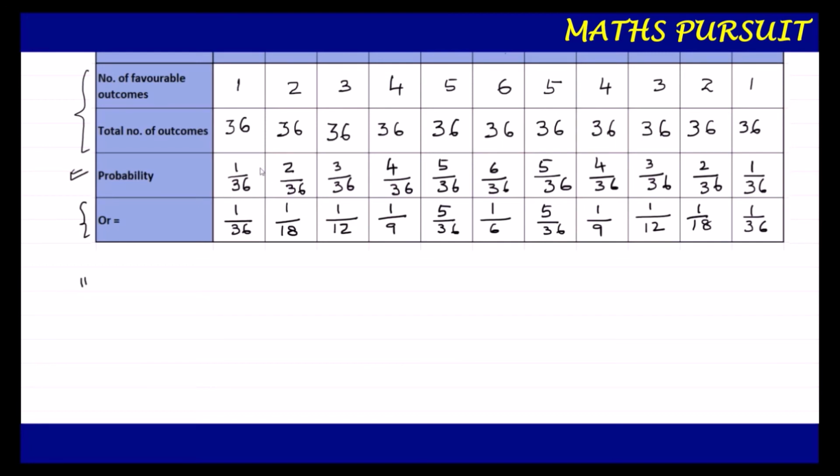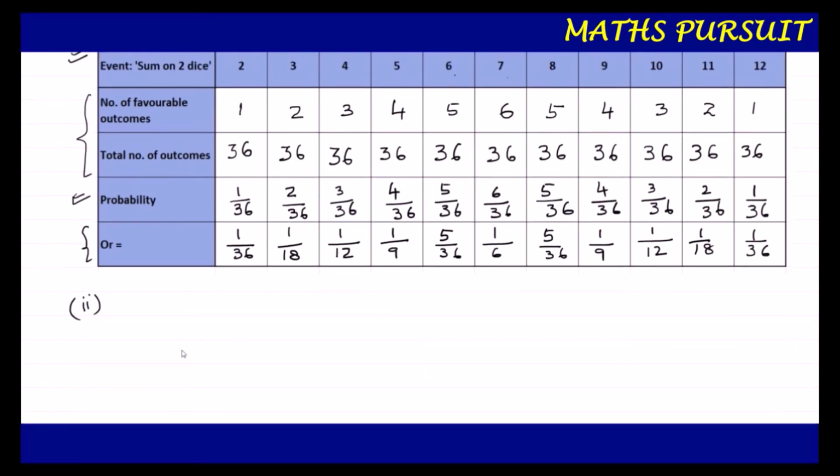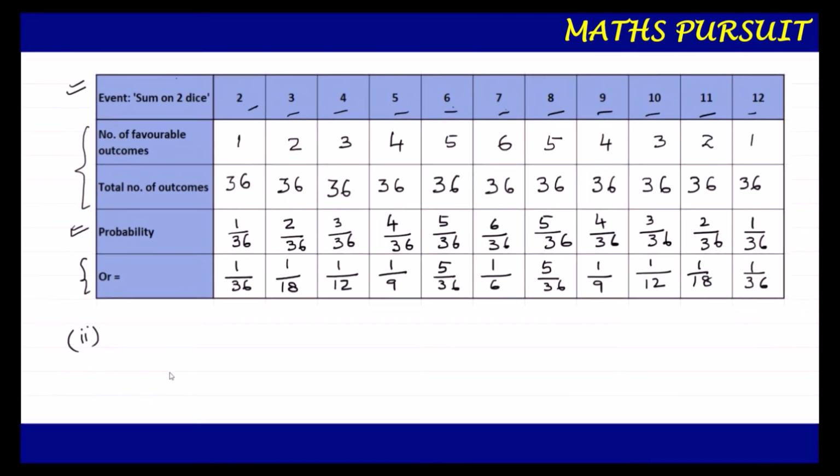Do we agree with this argument? No, we do not agree with this argument. Why? Because if you look here, the student is right. There are 11 possible outcomes. Starting from 2, if you count 1, 2, 3, 4, 5, 6, 7, 8, 9, 10, 11. There are 11 possible outcomes, but the total number of outcomes remains same with 36.